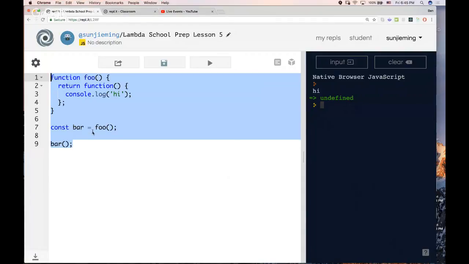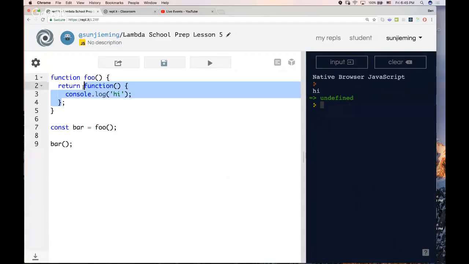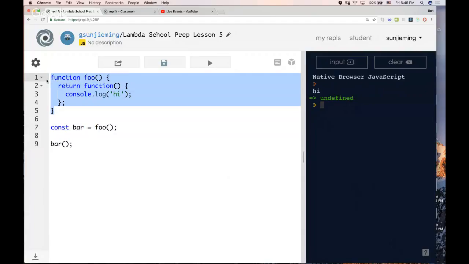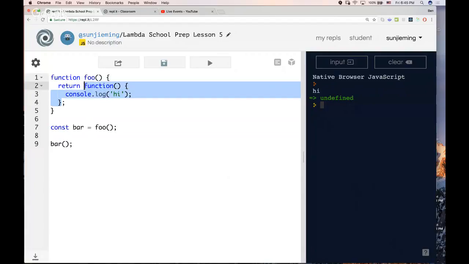So this idea that we can return functions is a fairly powerful concept. There are some different patterns that come about from this. This foo is referred to as a higher order function because it can be used to create another function. We can create different types of caching, like memcache type things. I'm just showing you that this exists, so it can be there in the back of your mind, so that way later when you encounter it again, it's something that you can practice more down the road and get in